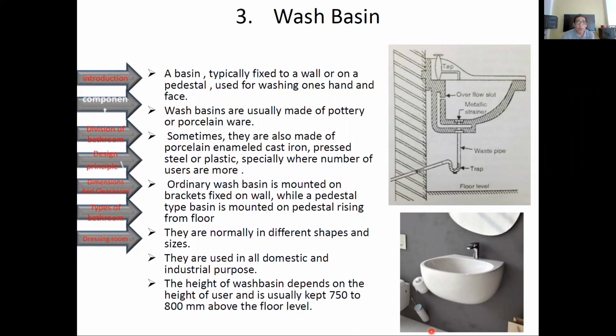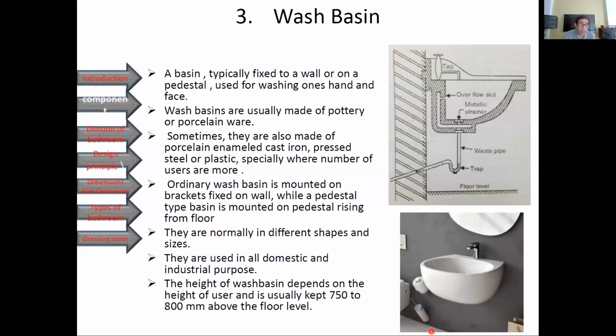Ordinary wash basin is mounted on a bracket fixed to the wall, while the pedestal basin is mounted on the pedestal rising from the floor. Although the pedestal basin is dependent on the pedestal, to make sure, we also use a wall hang attachment and a pedestal at the bottom.